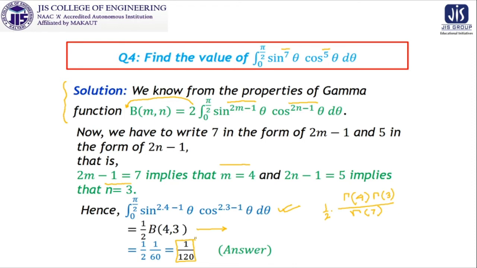So these problems basically require two things. First one, your common sense, through which you can actually relate this problem with the problems of beta function and gamma function. This is the first most important thing required for solving these types of problems. And the second important thing is that after identifying that this problem can be tackled by beta function and gamma function, your job is to express this problem in the definition of beta function in its trigonometric form, and then the relationship between beta function and gamma function.